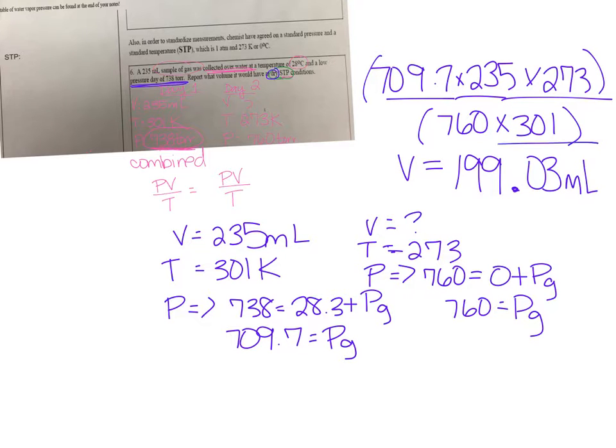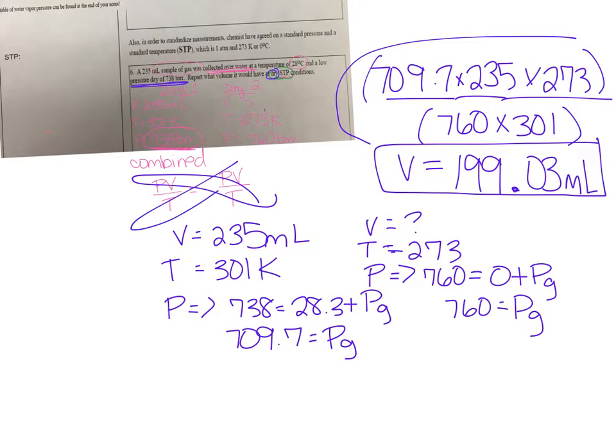milliliters. Okay, if you did not get that, please take a look at how I plugged it into my calculator. This is me doing the little crisscross thing that I talked about, okay? So I multiplied the 3 going this direction, and then I divided it by those temperature and pressure, okay? So just keeping your numbers straight on the combined gas law, I would say, is the biggest challenge on these, okay? So I'll give you a second, help your neighbor out, help yourself out, ask me questions, then we're going